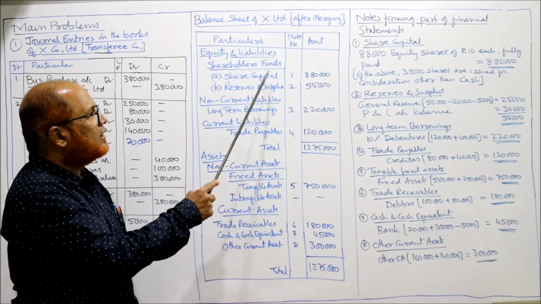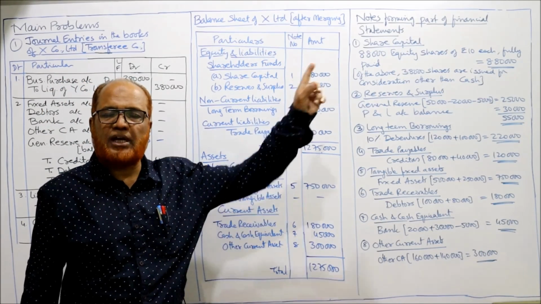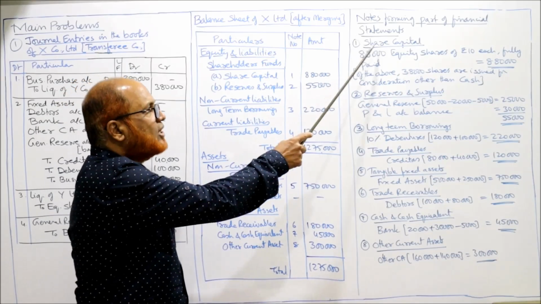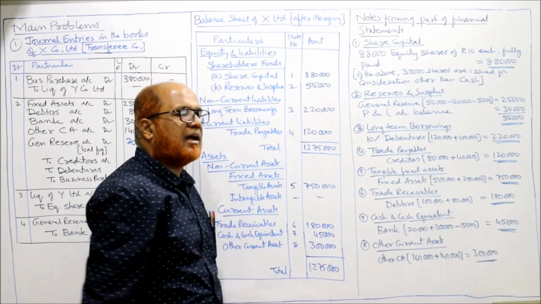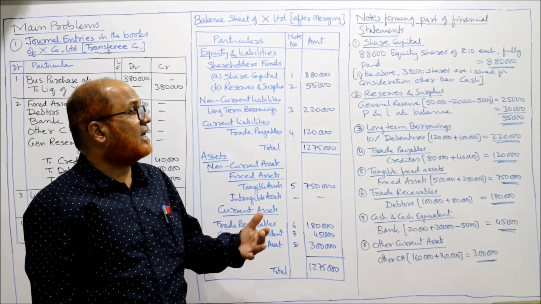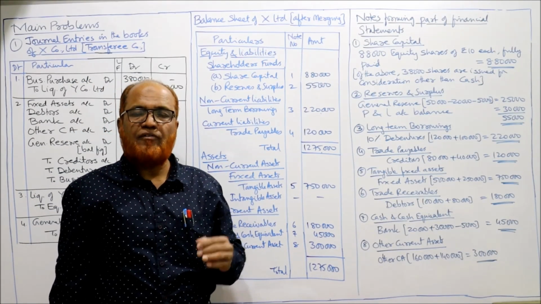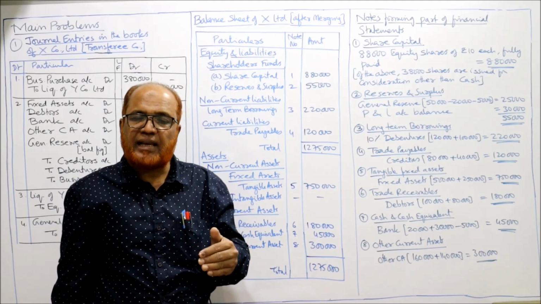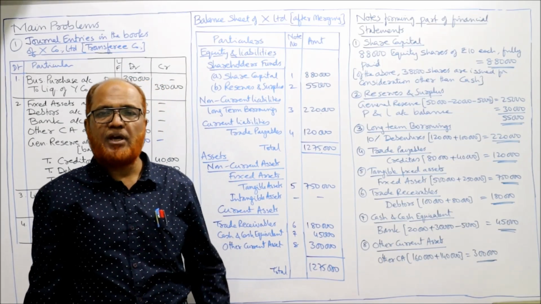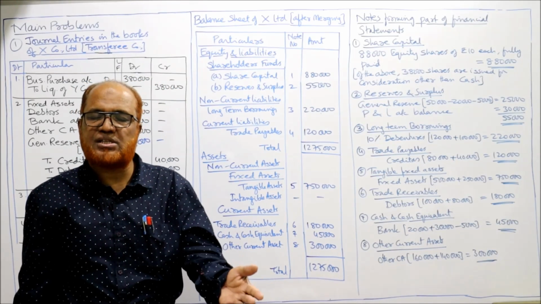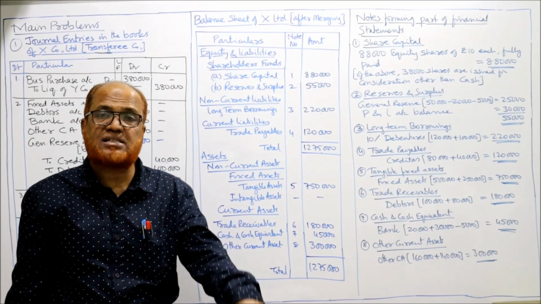Now note number 1, you have taken share capital. The breakup of all the share capital should be shown in note number 1. So note number 1, share capital: 88,000 equity shares of rupees 10 each, fully paid, 8,80,000. Now how do you get these 88,000 shares? See here, before taking over of Y Limited, Y Limited को टेक ओवर करने से पहले X Limited के पास 50,000 शेयर्स थे. You can see the balance sheet. In the problem balance sheet, it is given 50,000 equity shares of rupees 10 each was there in X Limited